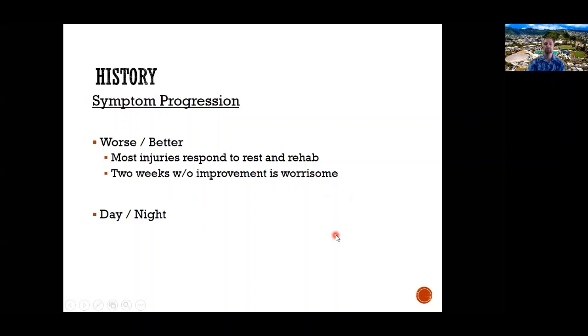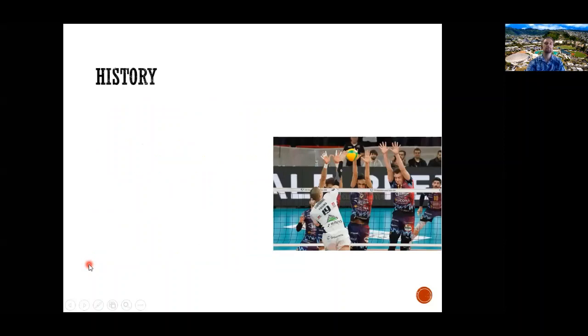Then of course, day pain, night pain, how does it change throughout the course of the day, especially with tendinopathies? And then their activity level with overuse injuries is important. If we think about volleyball athletes, we have a high percentage of rotator cuff tendinopathies due to the workload. So if we think about